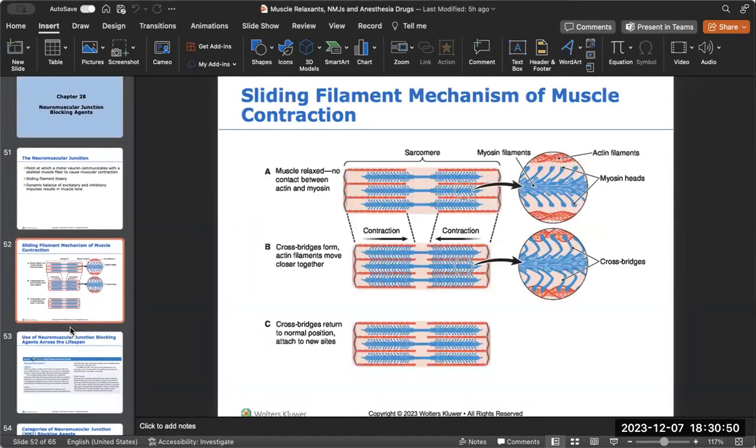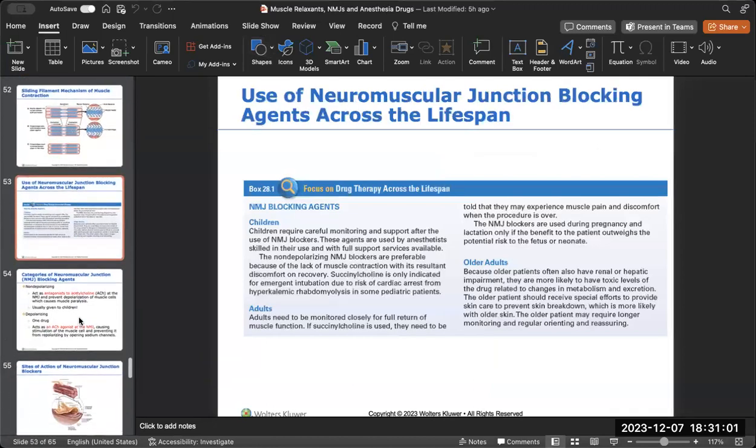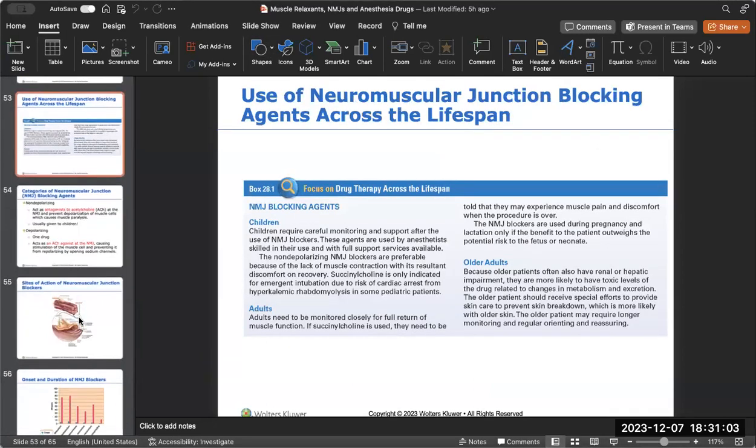So this is just what I was talking about, that sarcomere, right? Those myosin and actin filaments crossing over to cause a contraction. That's how we get movement. Now, one thing that I want to talk about is that